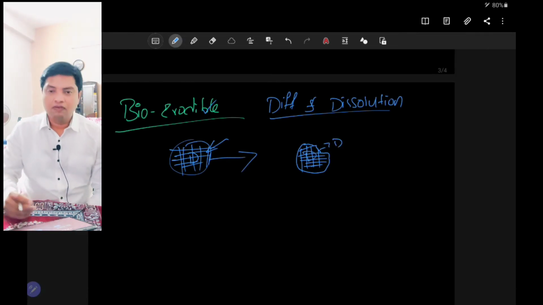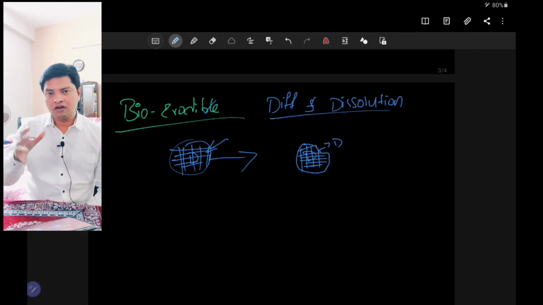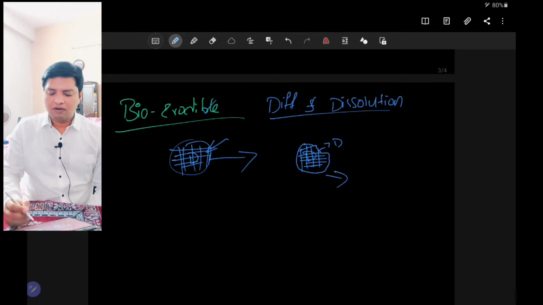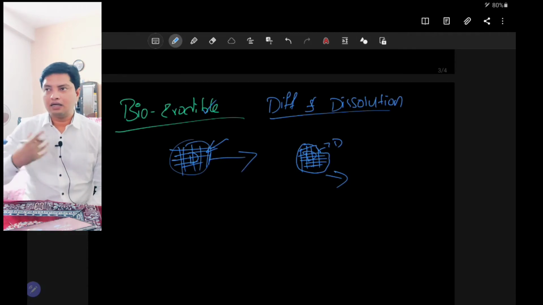and the drug will also slowly dissolve and come out. Both are happening. The erosion of the polymer is being controlled. It will slowly erode and it will release the drug in the system. The advantage of this type of system is that it is erodible. You can use this where drug delivery is required for 12 days, 2 weeks, 1 month, 2 months.